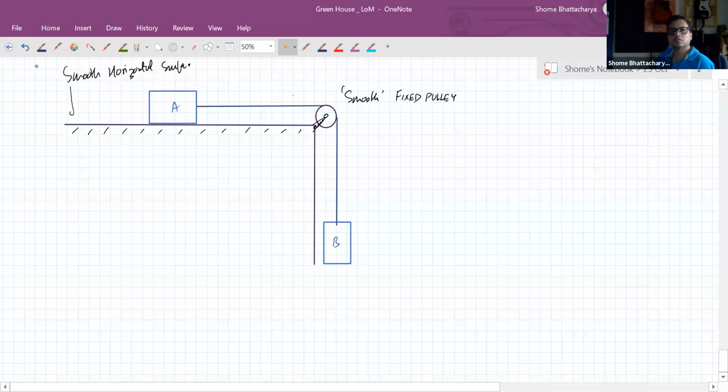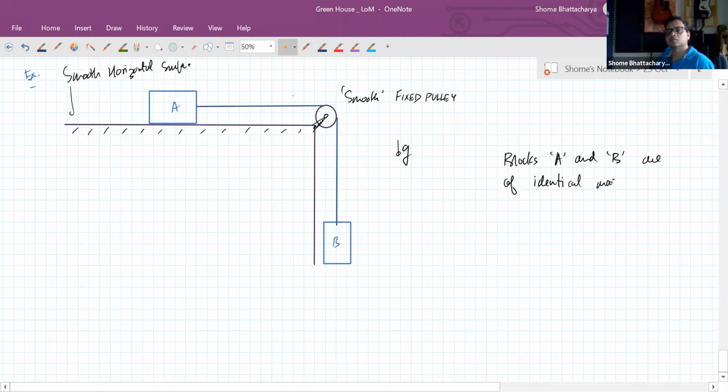Let's say A and B. So blocks A and B are of identical mass, M equal to 10 kgs. The system is released from rest with the thread